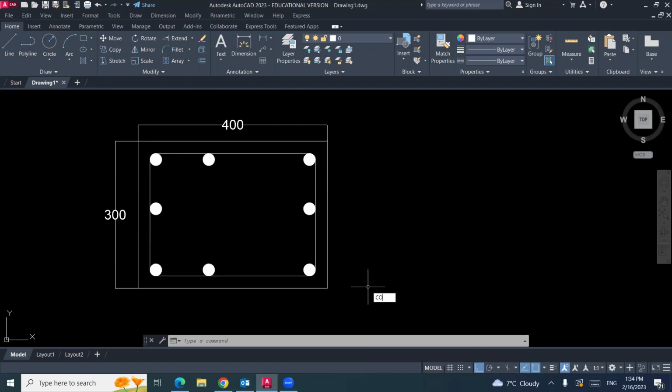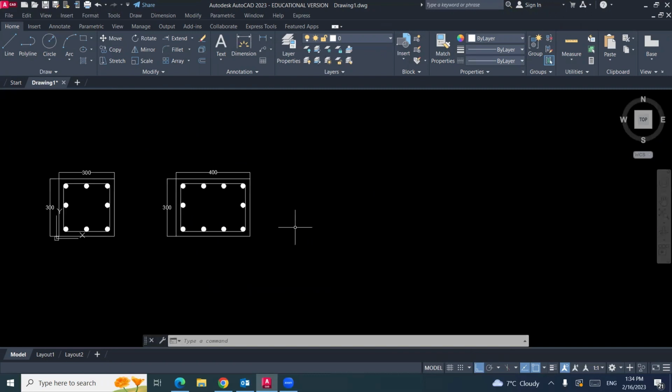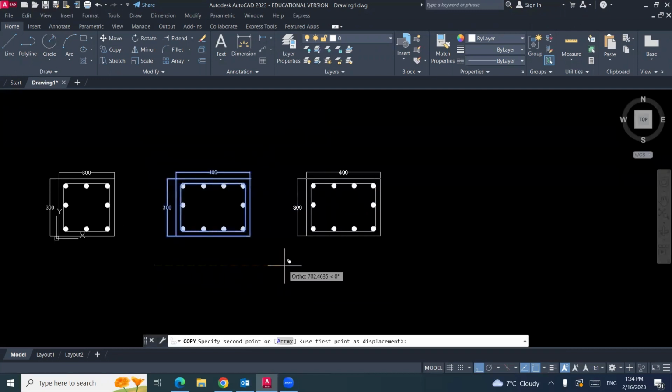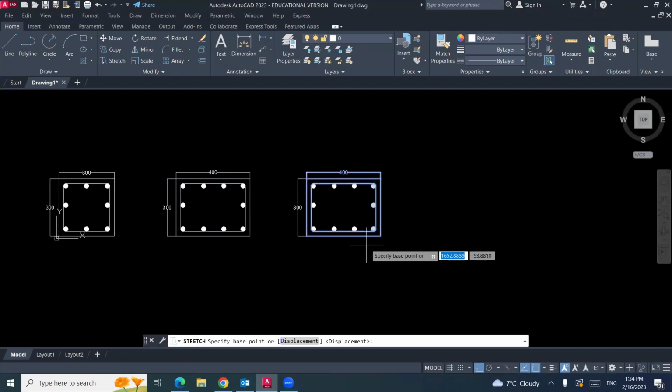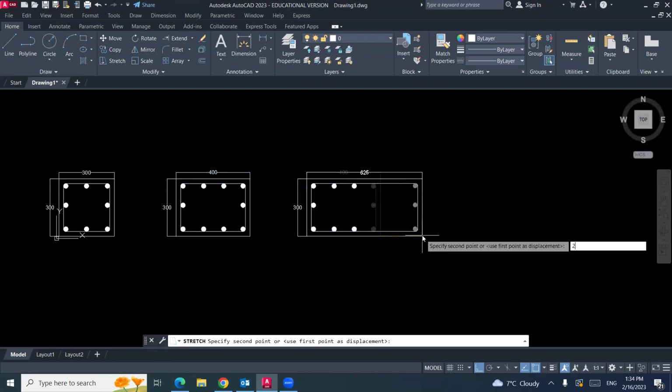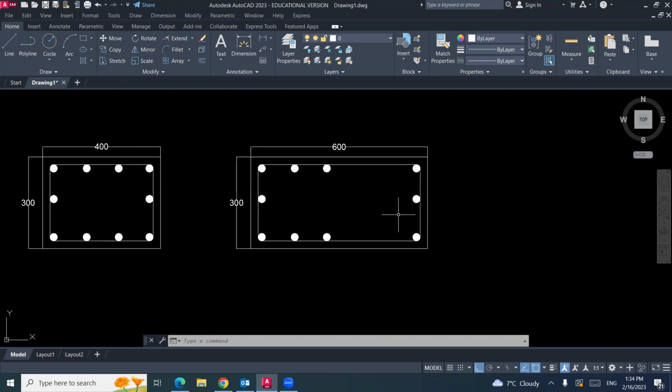And I can make copy for these two reinforcement like this. I can make another copy with another column. I will do stretch for 200 more, so it will be 600. So I can make copy for these two steel reinforcement to be here and here.